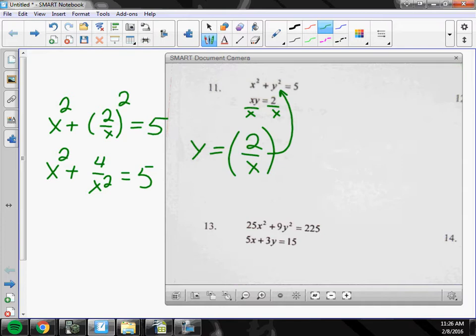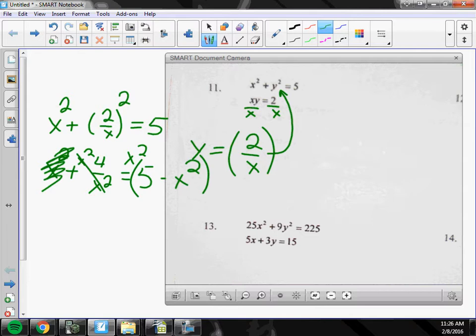We could times everything by x squared. Or we could, well, I mean, we're going to do that eventually. I could subtract the x squared over, minus x squared. Not divide. Times by x squared. So if I put an x squared here, those cancel. And if I times these by x squared,